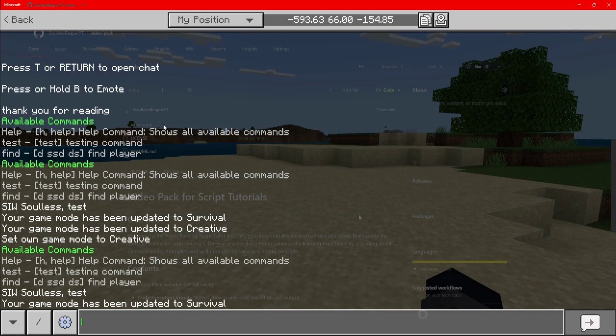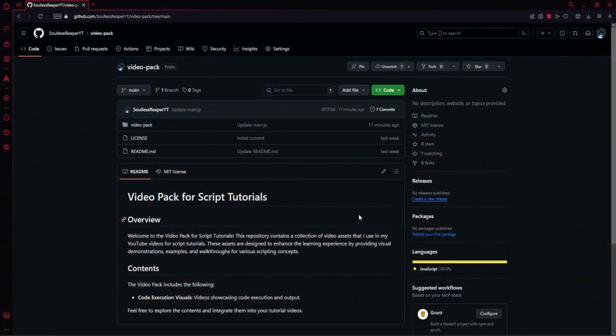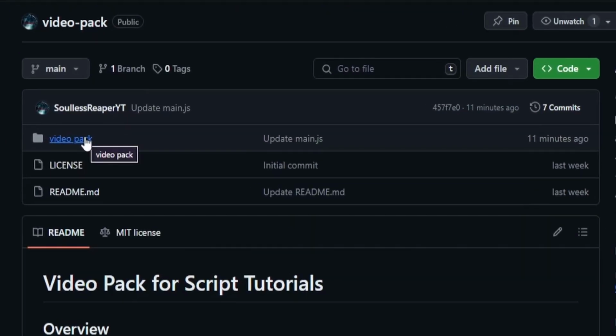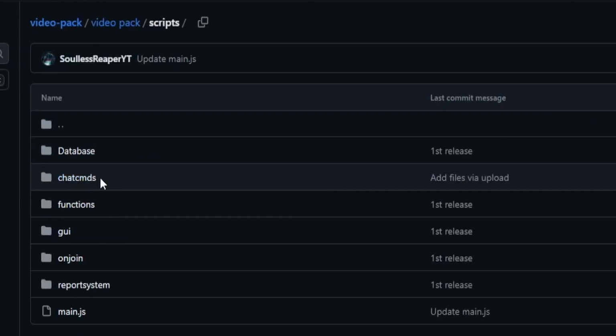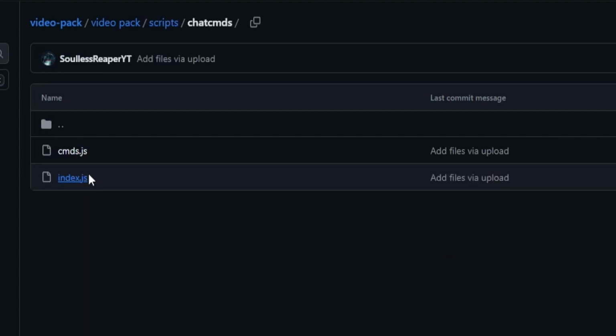So guys, the first thing you want to do is go down in the description below and click on the first link to take you to my GitHub page. From here, you want to click on video pack. You guys want to click on scripts, and you guys will see a chat commands folder. If you click on there, you will also see a